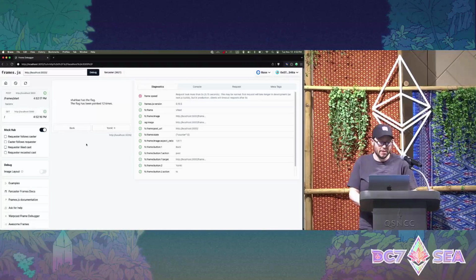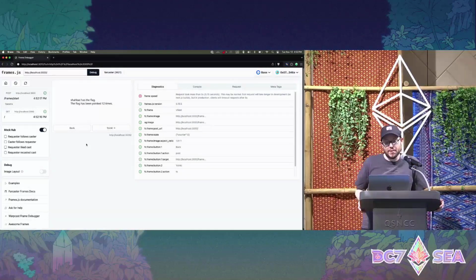Cool. Okay, so yeah, we grabbed that Ethereum address. We used the Neynar API to batch lookup users who were associated with that address and their Farcaster identity, and got back a username here, rather than showing their on-chain address.